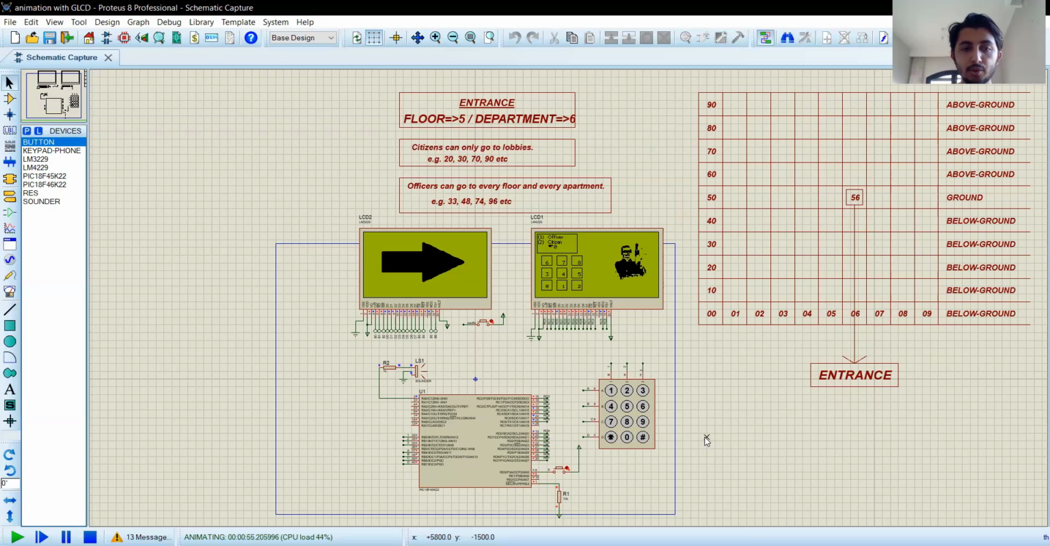Firstly, I want to show you how it works for the officers. For this, we must press 1 on the keypad. Then you are asked for a password to activate the elevator. I set the password by default to 1905. First, I'll show you what happens if we enter the password incorrectly. For example, enter the password as